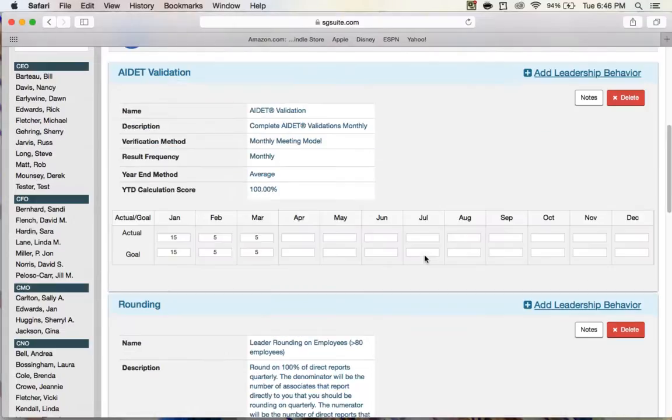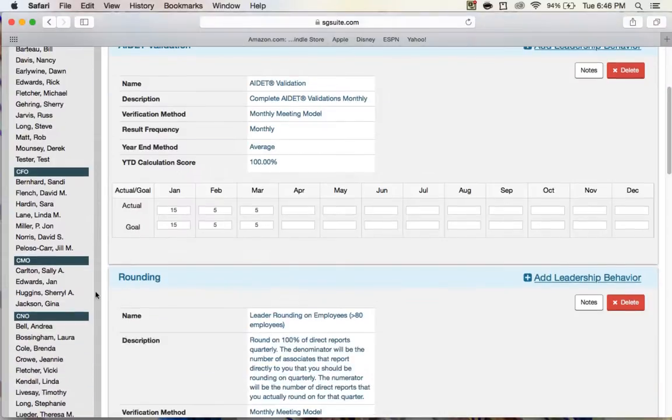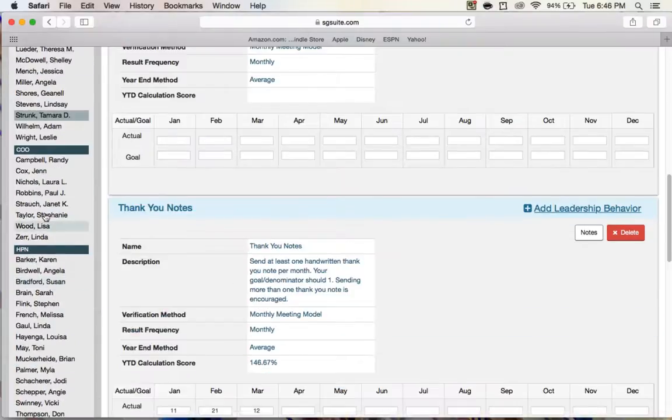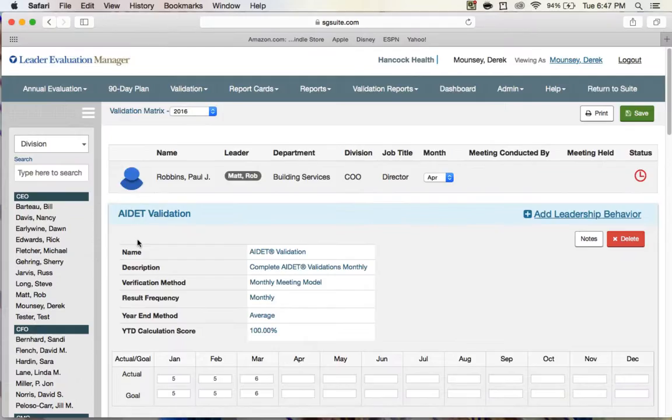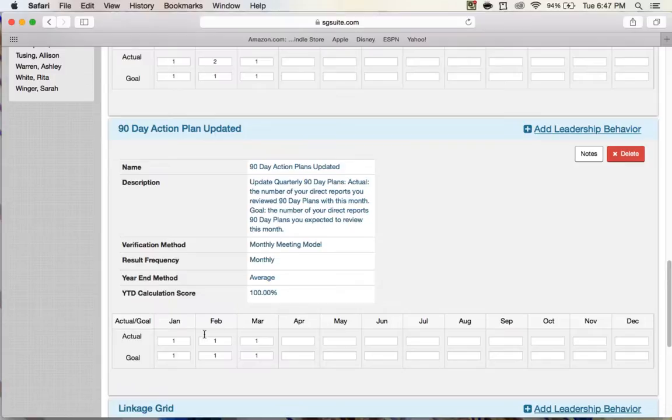So the second way to look at this is for the director that doesn't have anybody reporting to them in LEM. And I'm going to go ahead and use PJ as an example, and he reports to Rob, and he's the only one in LEM in his department. So when you scroll down to his 90-day action plan, it's a 1/1. So this is telling Rob prior to their monthly meeting, or when they sit down for their monthly meeting, that I have gotten in there and I've updated my 90-day plan accordingly so that we can have a conversation over the updated results.